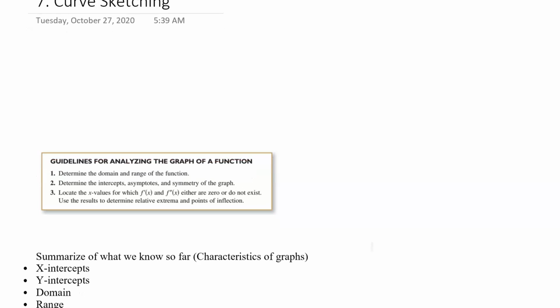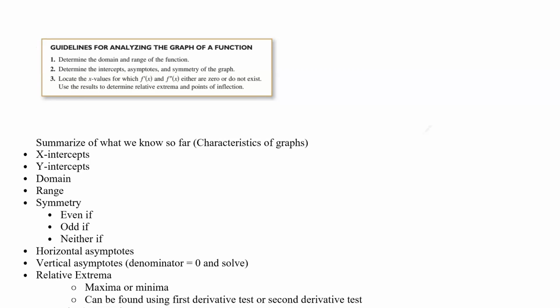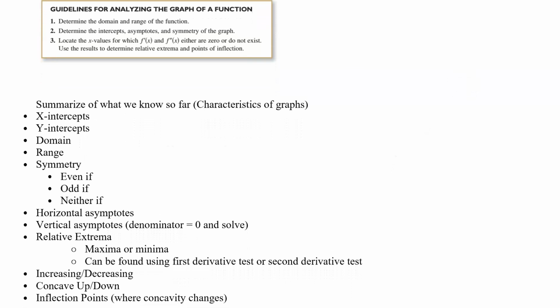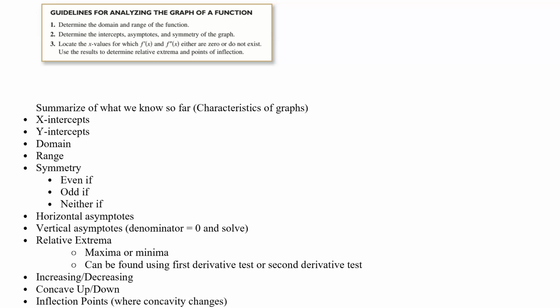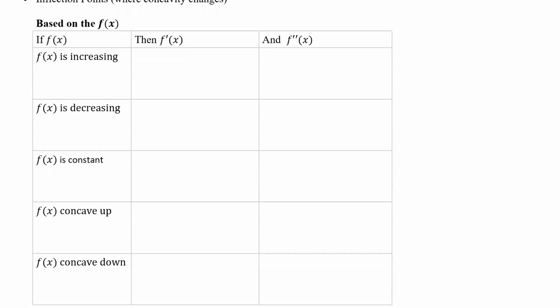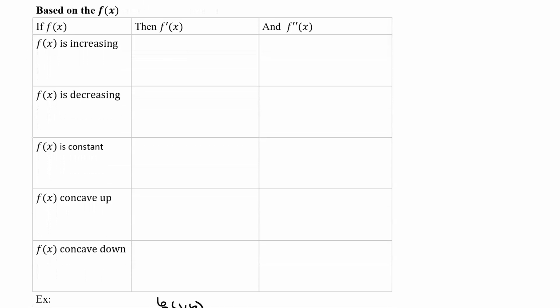So we'll review kind of all the characteristics you've done since Algebra 2 through to current, with special emphasis being on the relative extrema, increasing, decreasing, concave up and concave down, and inflection points. So each of these pieces of information tells us something about the others. So if we know f of x, we can conclude things about f prime of x and f double prime